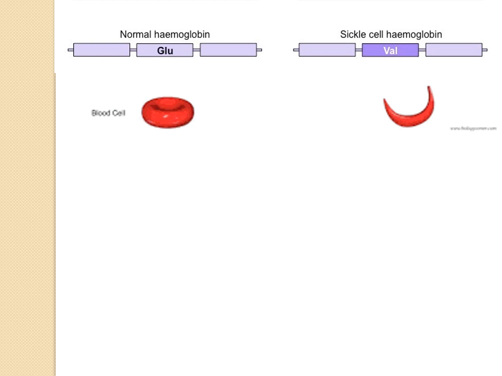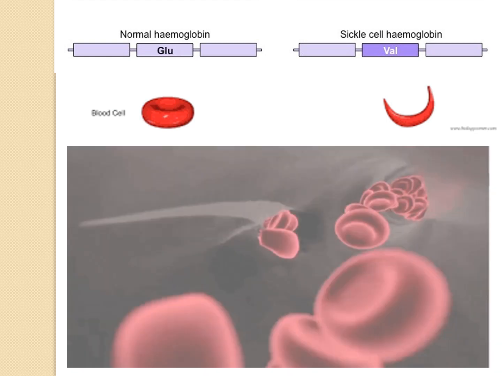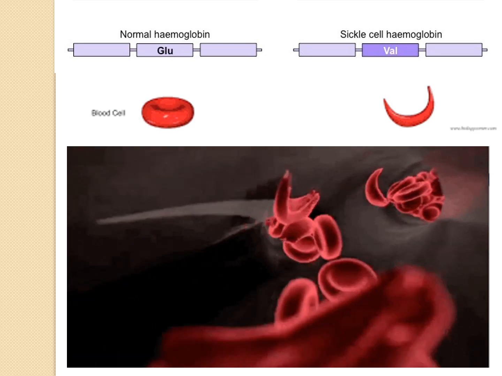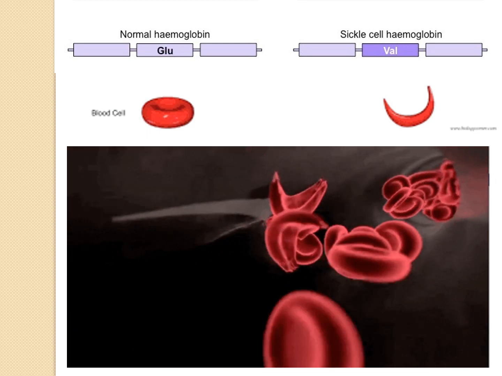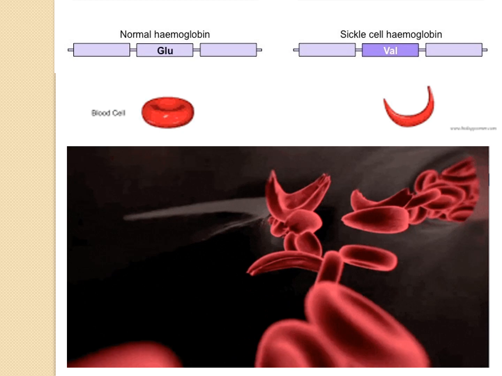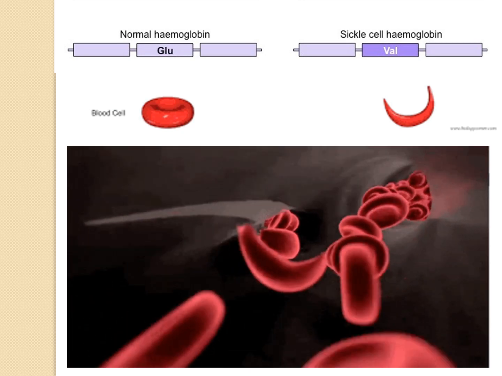However, if both the parents are carriers, the child may have a possibility of getting this disease. One very important problem that arises is that because the shape of hemoglobin is different, the shape of the RBC is different. There is clumping seen. These RBCs do not flow very smoothly.